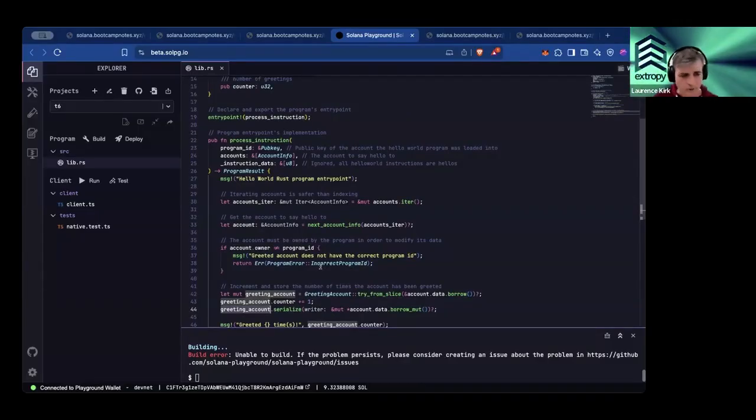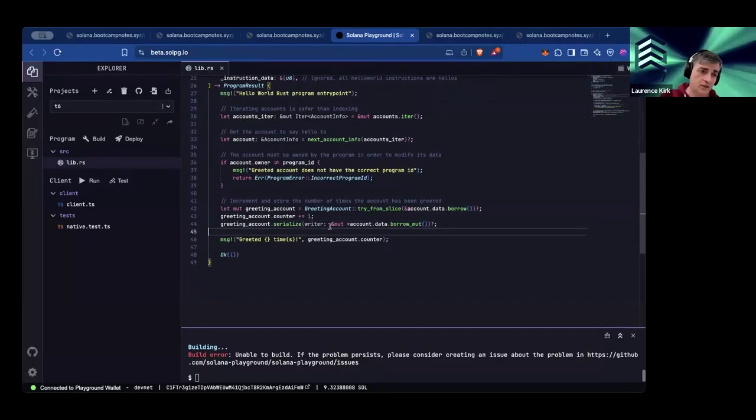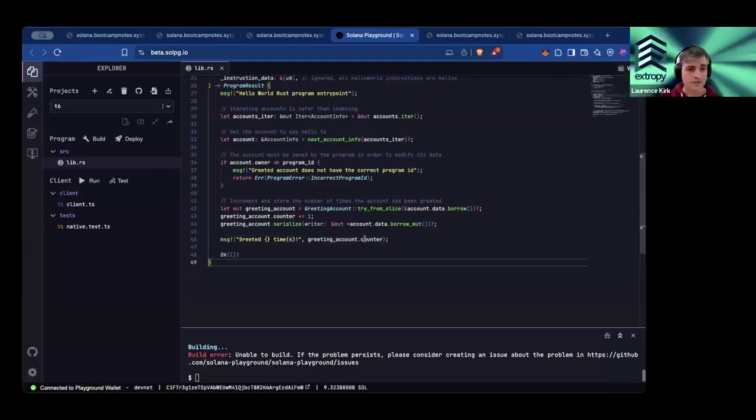So remember, we need to serialize data. Once we've finished with the accounts, they need to be serialized back so that they are being stored efficiently. And you do that in this way. You call the serialize to do that. And once you've done that, that's really the end of it. We can then put out a message to the console just to say how many times we've done this process. So we just print out the counter,